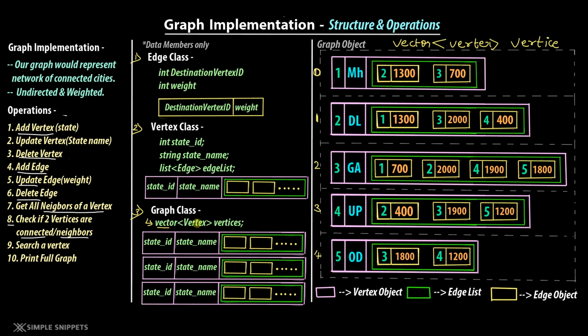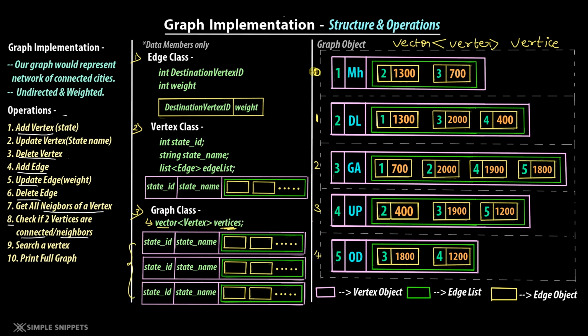As I said, it is a vector of class vertex. What is this class vertex? This class is our own class, which we will talk about in a second, and one object called vertices. So this vertices is nothing but a dynamic array, right? We just talked about a vector. A vector is nothing but a dynamic array. So this vertices is a dynamic array which can increase and decrease in size depending upon the number of vertices that we add.